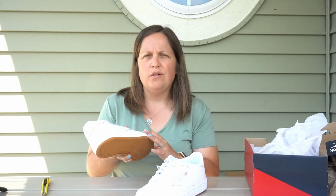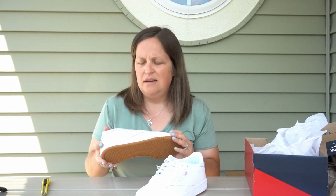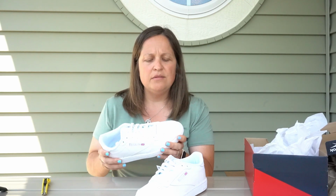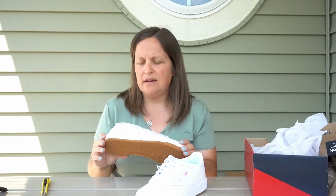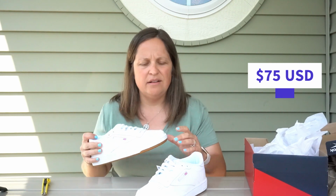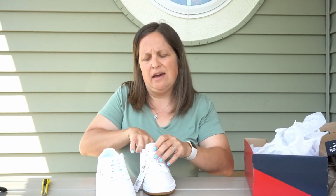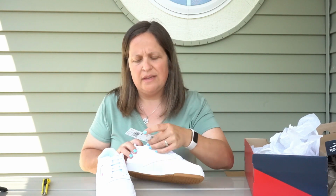Now, I normally order my Reeboks when I go to the outlets, but I didn't have time to visit the outlet this year, and I found this online, and I didn't know if my outlet was going to carry it, so I went ahead and purchased this. This was $75, and it was void of any coupon or discount. So just know that when you go to order these,